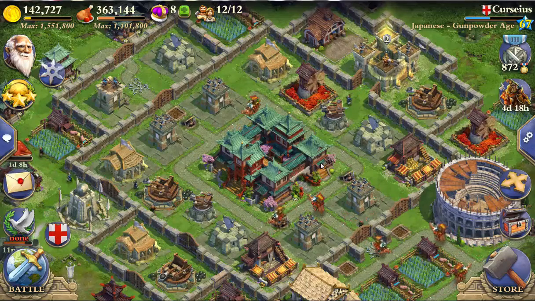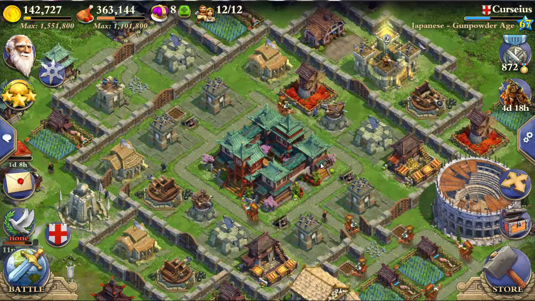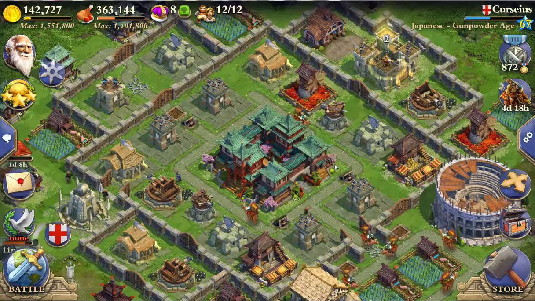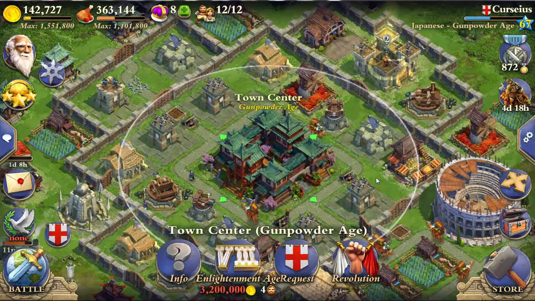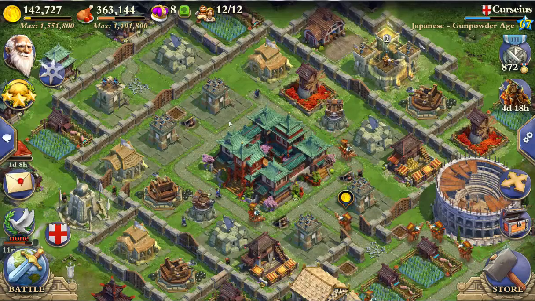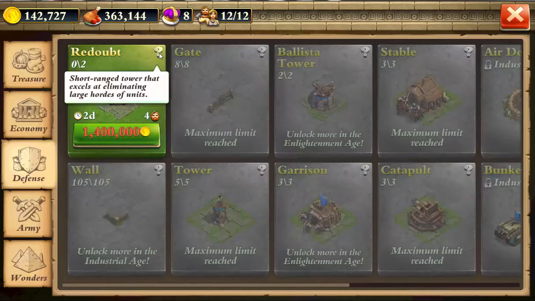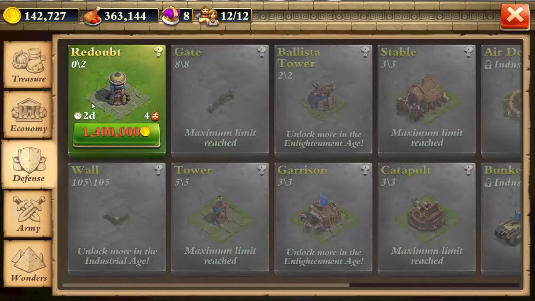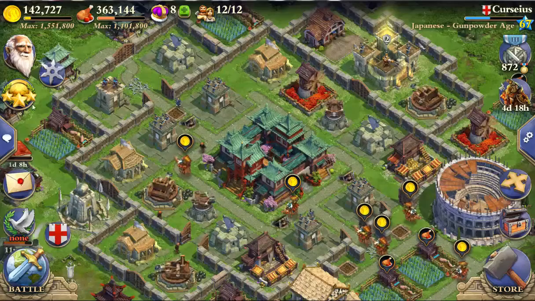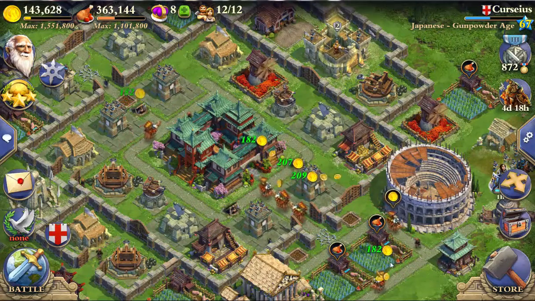Today we're going to talk about defense in Gunpowder Age. I just got done with the upgrade, so I don't have all the buildings, so this is going to be part one. After I have the other buildings, which are going to be the two redoubts, these are short-range style, excel at limiting large hordes of units. They attack multiple enemies at a time. Really useful, but I just don't have the cash